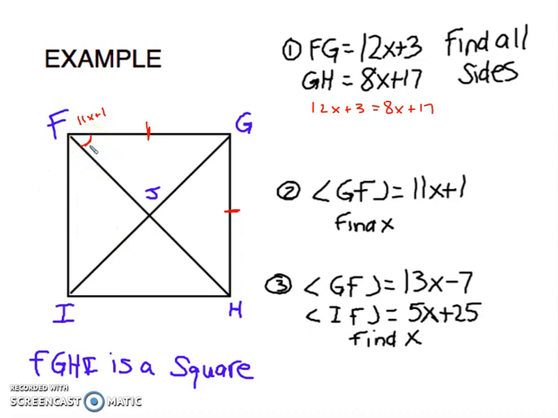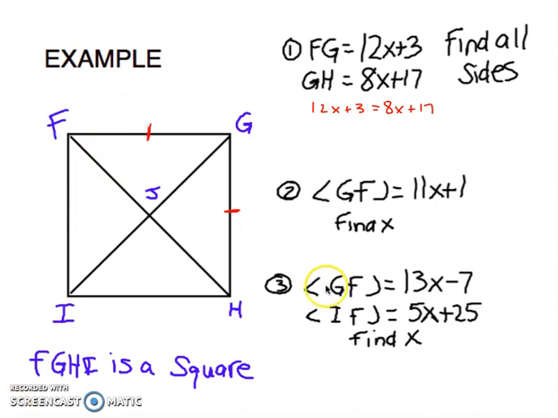And like we drew on the previous slide, since this is a square, these are congruent. All of our angles actually are congruent. And we know that it's bisected in a square. So we know that the big angle here would be 90 degrees, which means that this little angle right here would be 45. So you can take 11x plus 1 and set that equal to 45